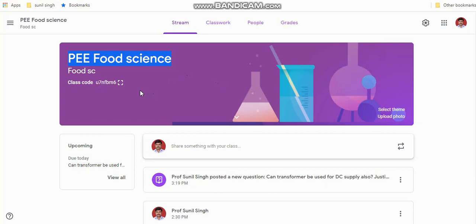So to connect the student, the best option is, there is a class code, so you can share this class code. Student can join, and if he fills this class code, then he will join the class. Now if suppose 40-45 students joined the class, then it will look like this.